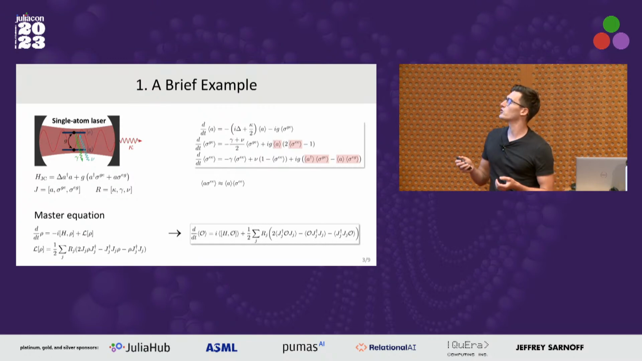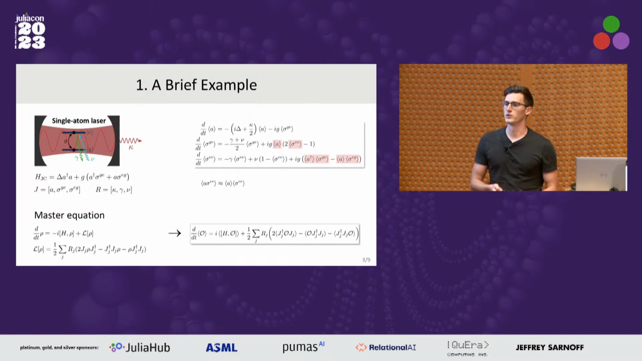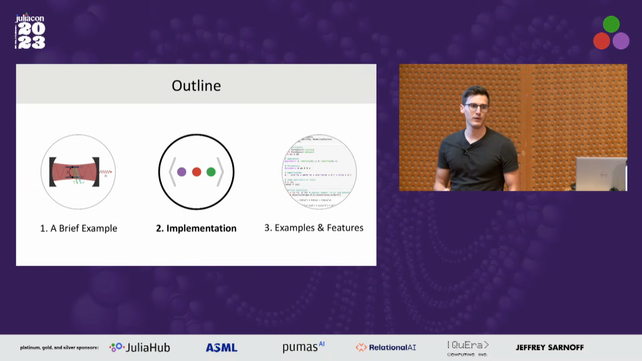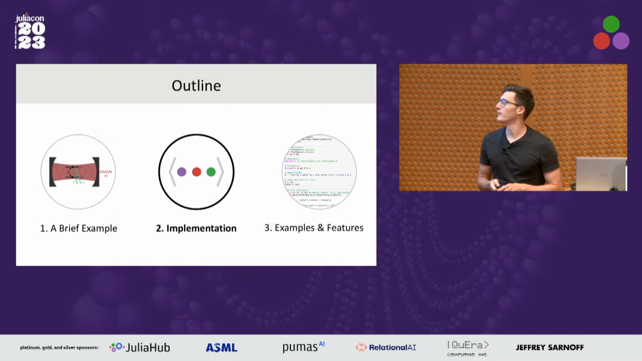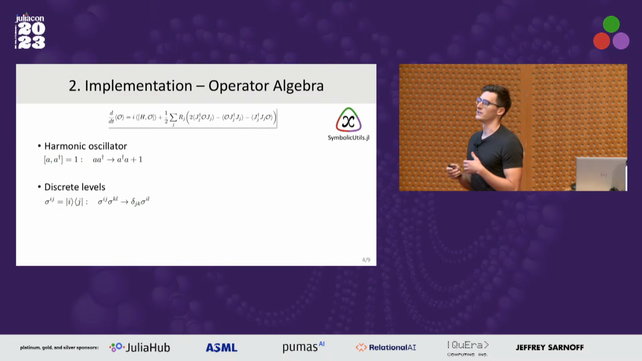If you do it by hand, you just derive the equations according to the commutation relations here, and then perform this cumulant expansion. Now, in the second step, I just briefly show you how we implement this in QuantumCumulants.jl. So the first main thing we need to implement is this non-commutative operator algebra. Currently, we only have two different Hilbert spaces implemented in QuantumCumulants, one for harmonic oscillators and one for